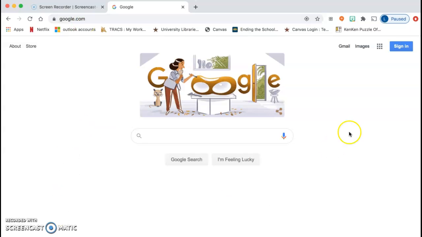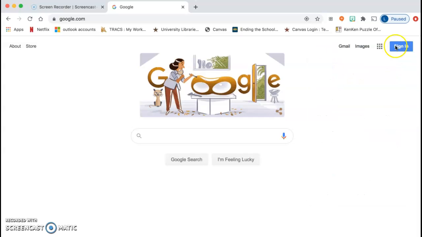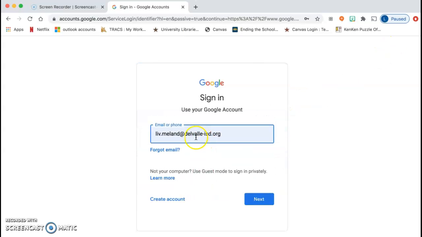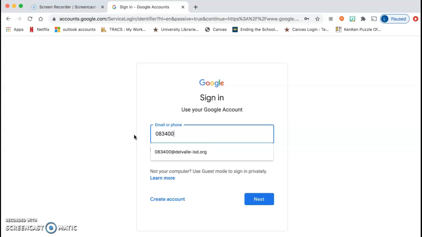Once you are there, you can either click the blue sign in button or you can click the 9 dots and you should be able to click account and log in from there. In this video, I'm going to show you how to just click the sign in button. So I'm going to click sign in, click on another account. I'm going to type in a student ID number, and then I'm going to put at Del